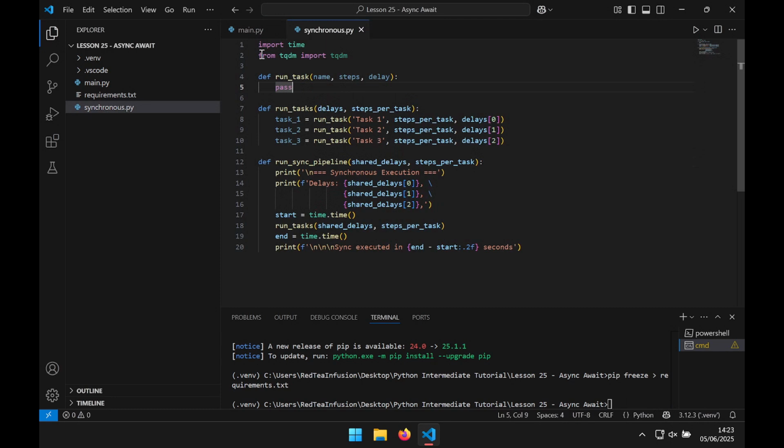So in this file there are three functions. One, which is the one we called from the main file, prints some details and then takes the starting time, calls a function, and then takes the end time and prints the executed time. Then there is the function, which we call from that one, which calls three times another function that we are going to code. So let's do it